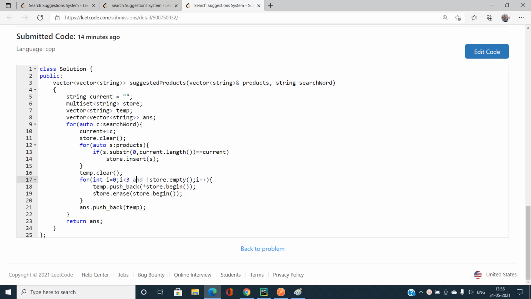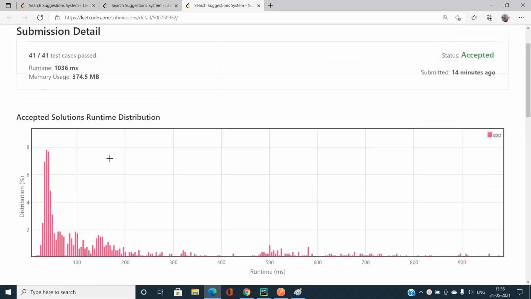Now I'm going to iterate three times if there exist at least three strings. Also note that there might be a case where we don't have at least three strings, then I just need to take care that the store is non-empty. So I will push that into my temporary and finally push that into my answer. So this is going to be a brute force, and it has a very bad runtime.